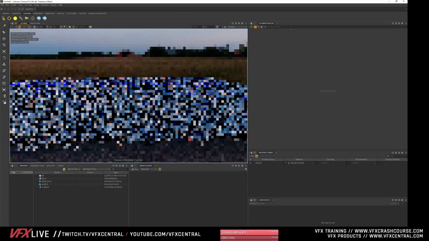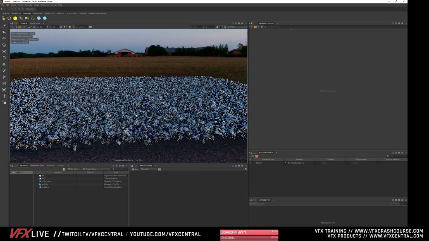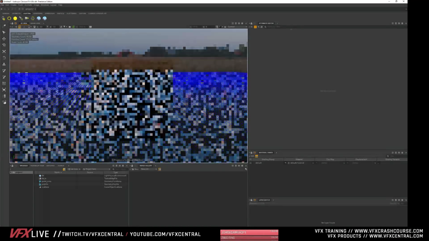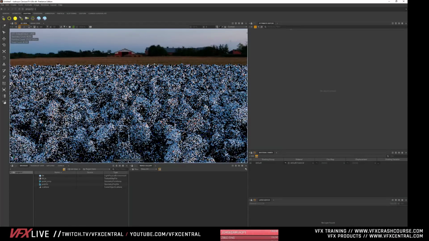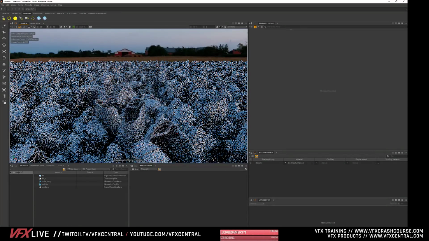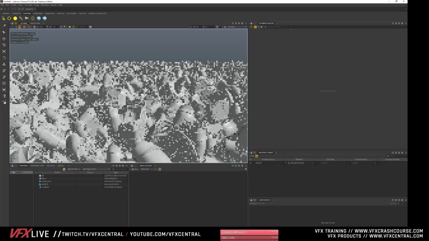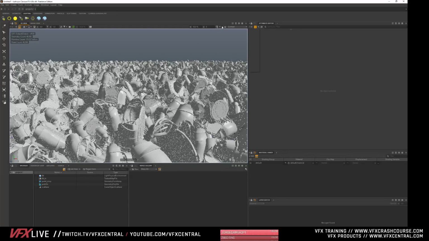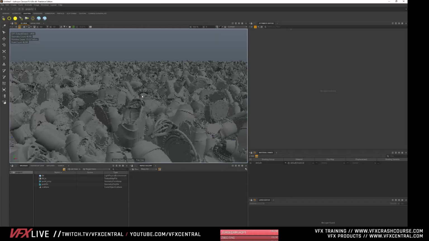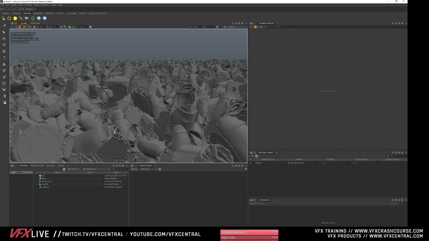And if we zoom out, crazy. All right, I'm going to zoom back in. It looks a little crazy when you're moving around, but you get used to that iteration, that look. You can go again to previs mode, which is even quicker, or you can go to smooth, which is even faster, like that. And this is how you want to set up.